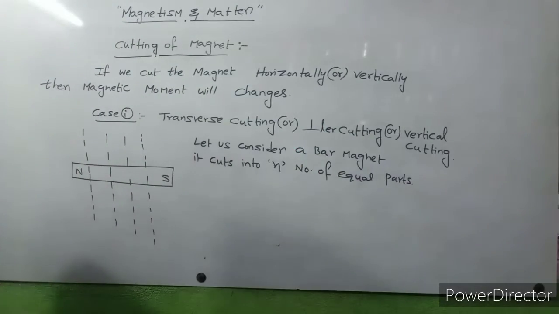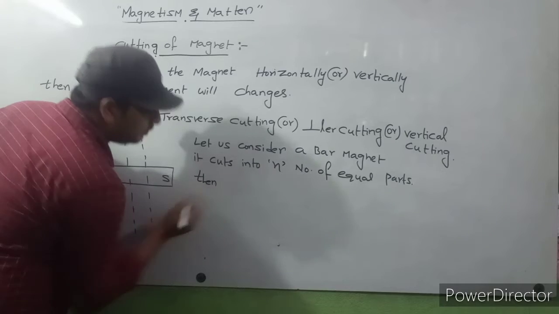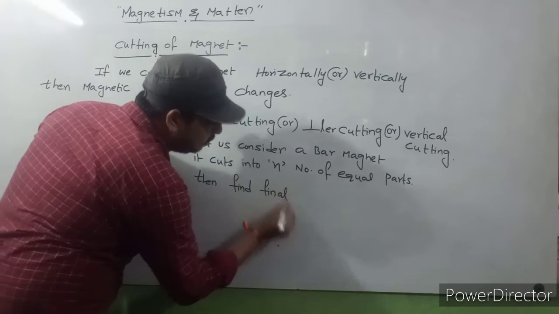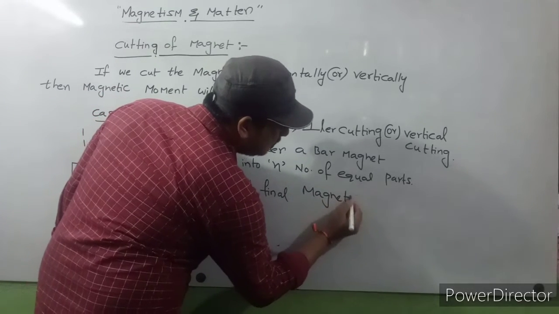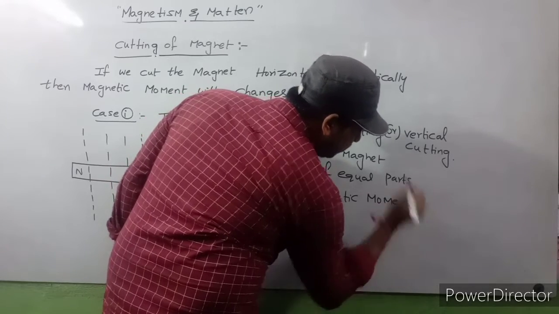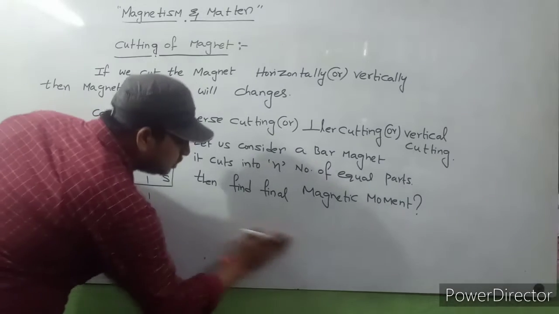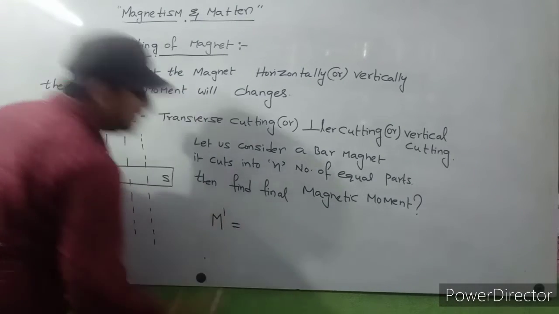Then find the final magnetic moment. So that final magnetic moment is indicated with M dash. M dash is equal to,